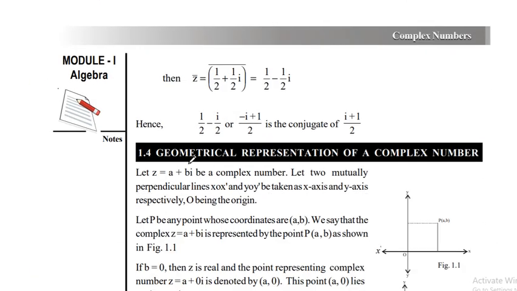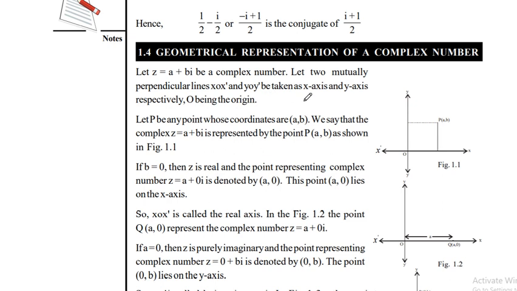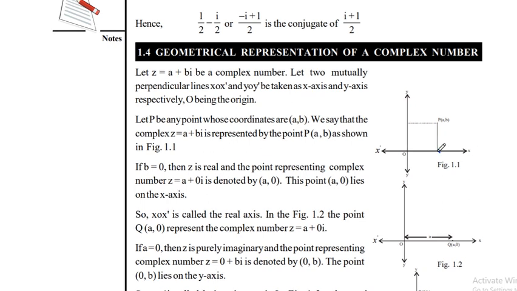You can check them. The next thing is the geometrical representation of a complex number. How can we geometrically recognize a complex number? We recognize complex numbers as the R2 plane, the XY axis. On the X axis, which we call the real axis, we locate the real part A, and the imaginary part on the Y axis. So the X axis is called the real axis and the Y axis is called the imaginary axis. B will come on the Y axis, A will come on the X axis, and if you pick up this point, it gives you a complex number.